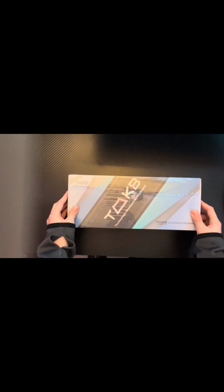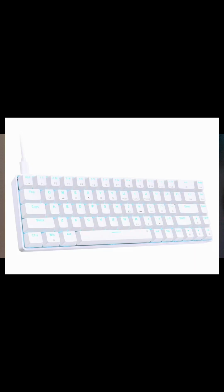So I'm unpacking a mechanical keyboard and mouse right here. It is a T68 SE mechanical keyboard. The brand looks cool. It's a 60% mechanical keyboard, so it should have a fast response time, and it should be like a really nice keyboard. So yeah,